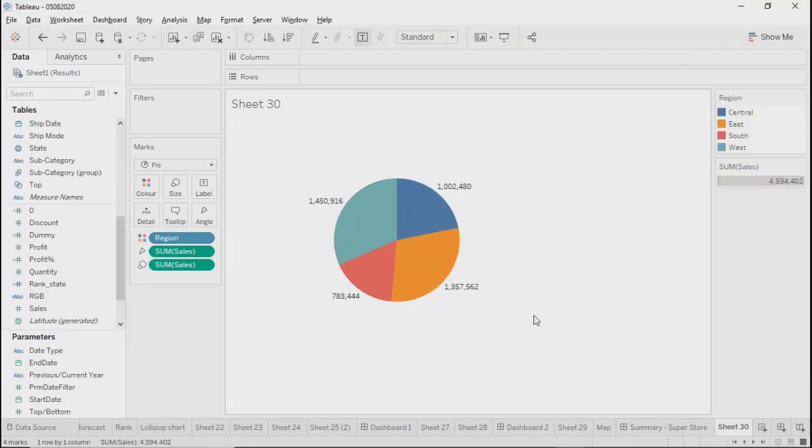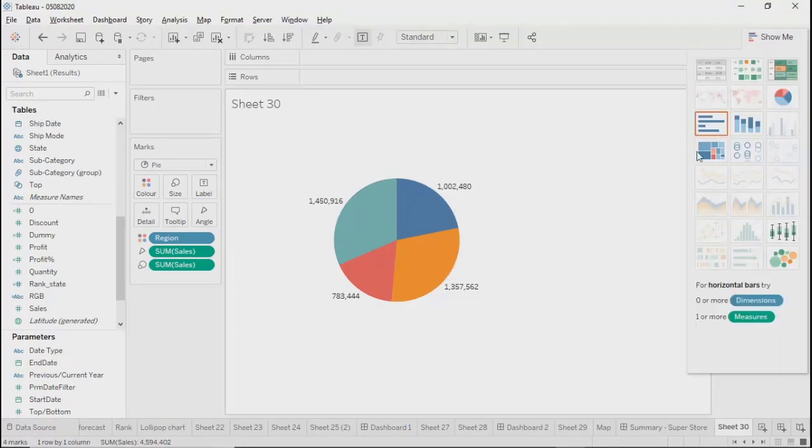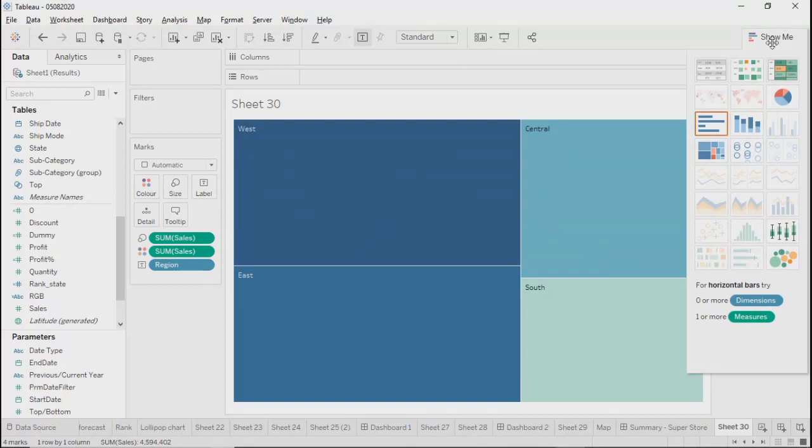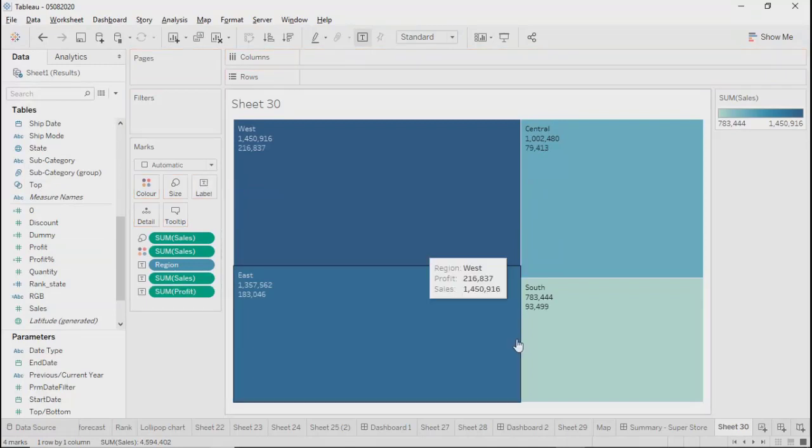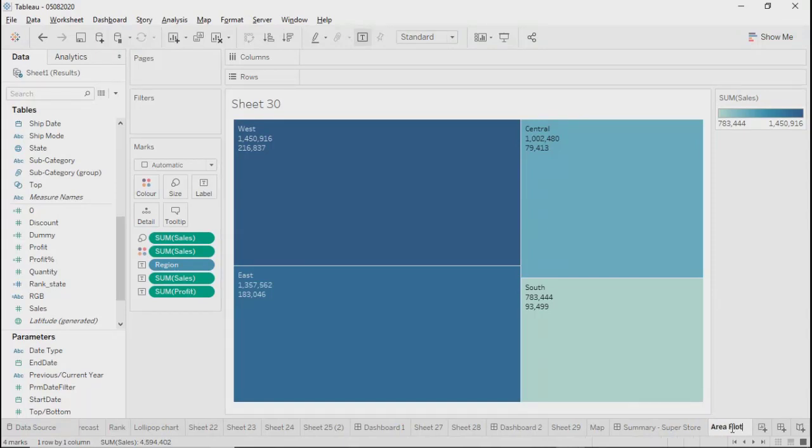We'll take this, or maybe you can take the area plot. That will also be good. We'll show your sales, show your profit, and all other values, whichever you want. So I'll say tree map or area plot. We'll go ahead and take this over